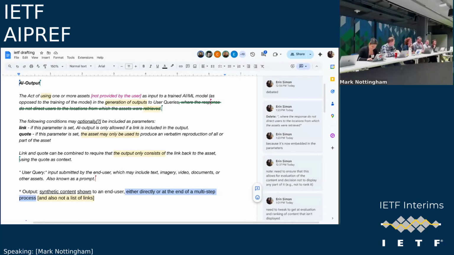Yeah, so we did consider that, and the reason why "input to a trained model" is there is to distinguish from the case where the model is being trained, because we don't want this to extend backward in time, where we think it could be ambiguous if it doesn't have that statement that the asset would be used in the generation of outputs if it is used to train a model that eventually does generate outputs. Right. So I think that's a totally sensible piece of wordsmithing.